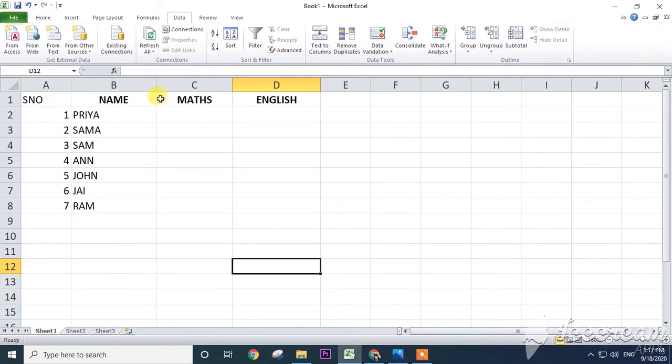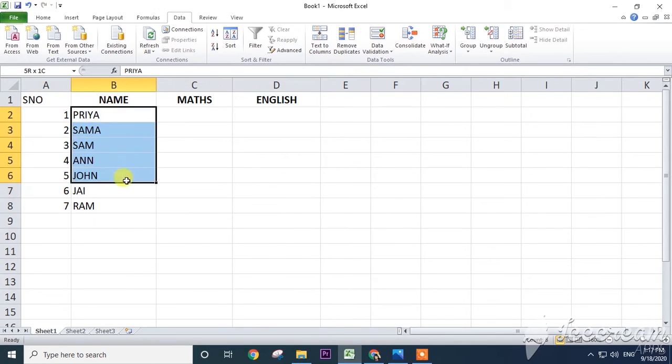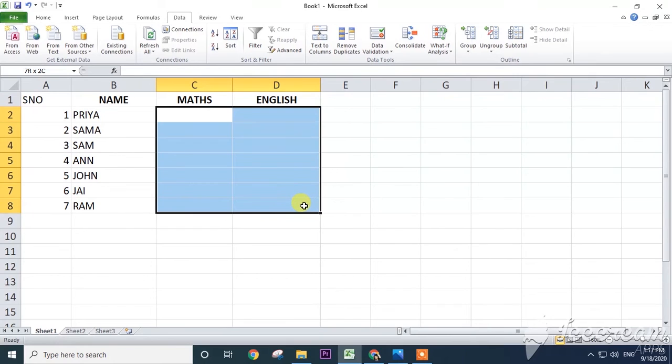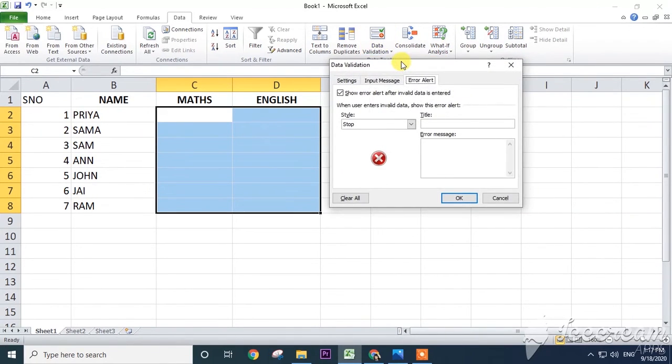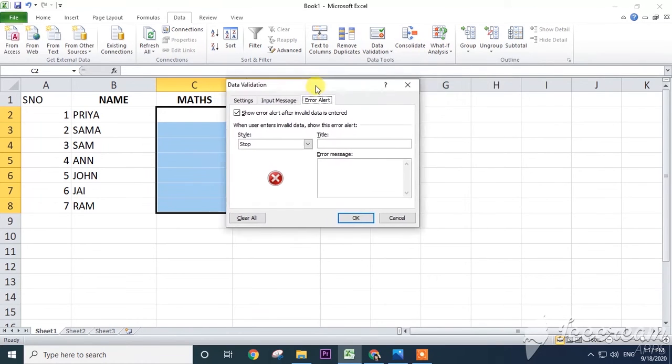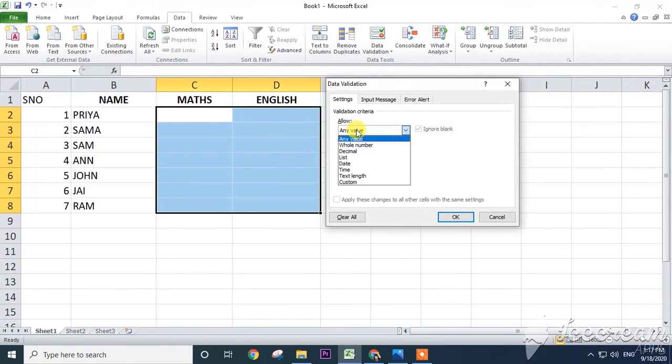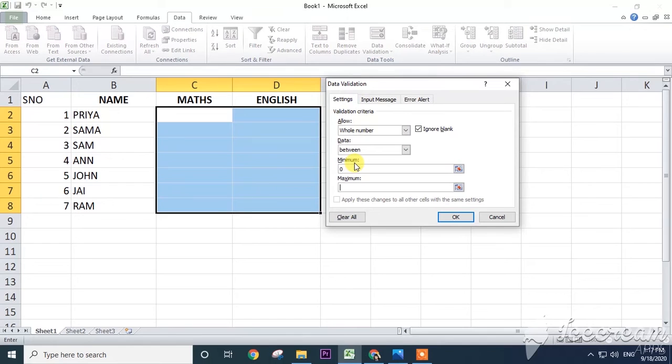See here, now I have written here one table with the names, and here Maths and English. Now let us see how to apply data validation here. Select the cells where you want to apply the data validation rule. Now I selected here only because we are entering the marks here only. So under the Data tab, there is Data Validation. Select this one and select the Data Validation option. Now a dialog box appears. Now here what we will do, Settings, allow only whole numbers. Data between, it should be between 0 and 100 only. It should not exceed that.